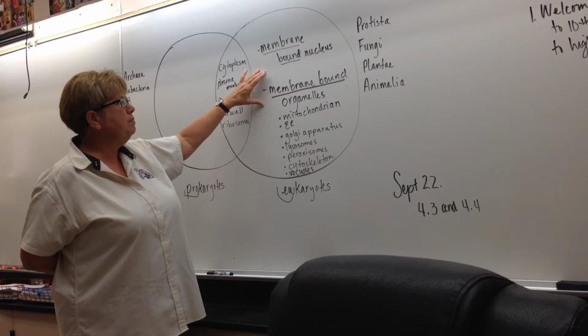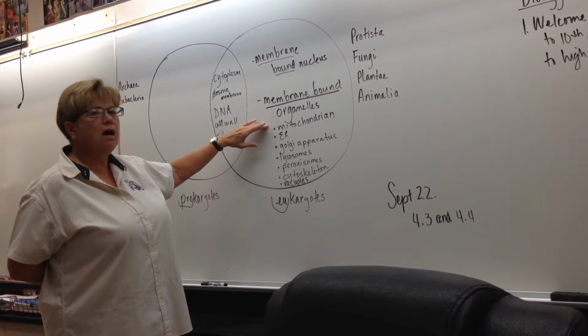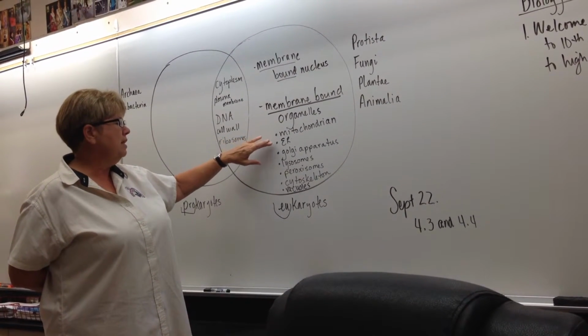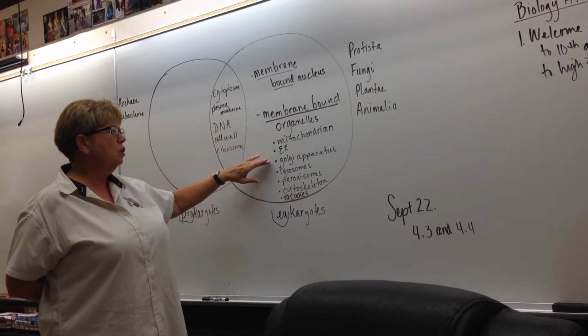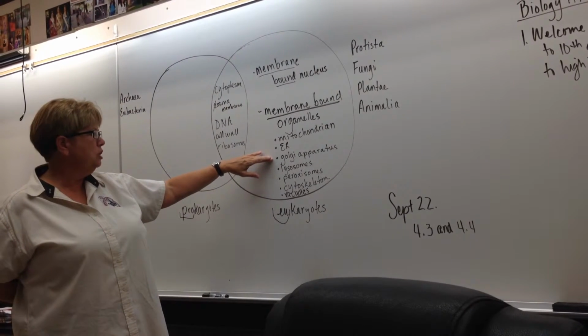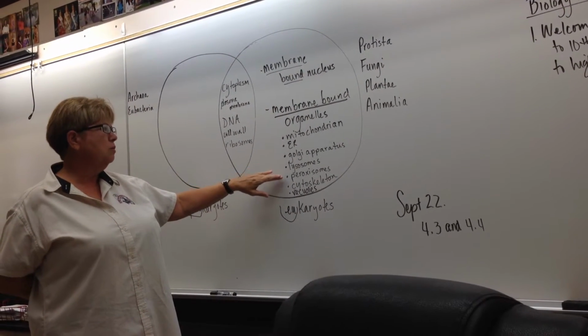And then we have membrane bound organelles, like the mitochondria, the powerhouse of the cell, the endoplasmic reticulum, the Golgi apparatus, please don't use Golgi bodies, lysosomes, peroxisomes,